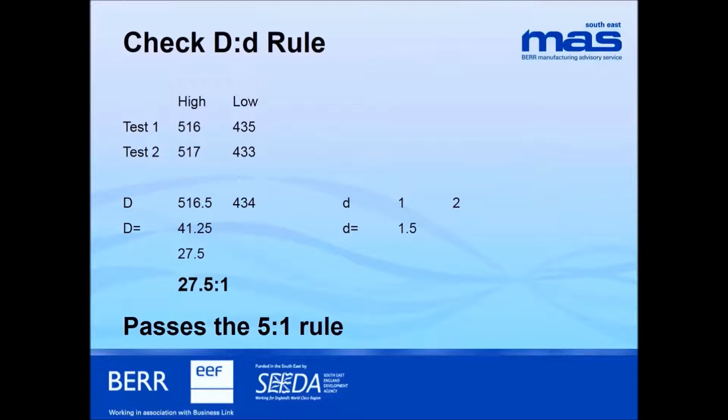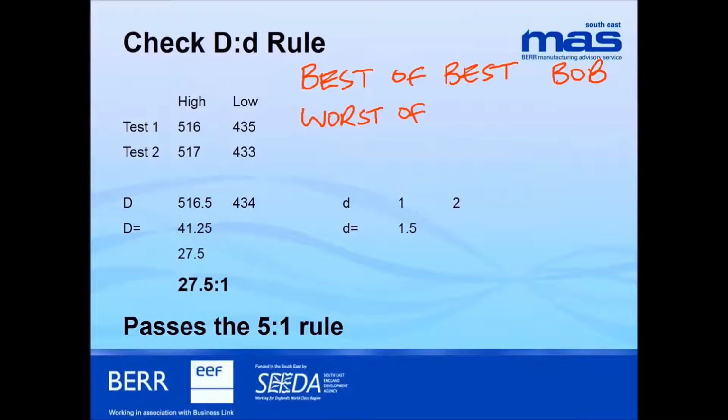Now here's one of the key things about component swapping that's very important. We are going to select two samples. We are going to select what's known as the best of the best, often known as Bob. We are going to compare it to the worst of the worst, often known as Wow. So what we are doing, if we look at the distribution from the displacement test for a second,